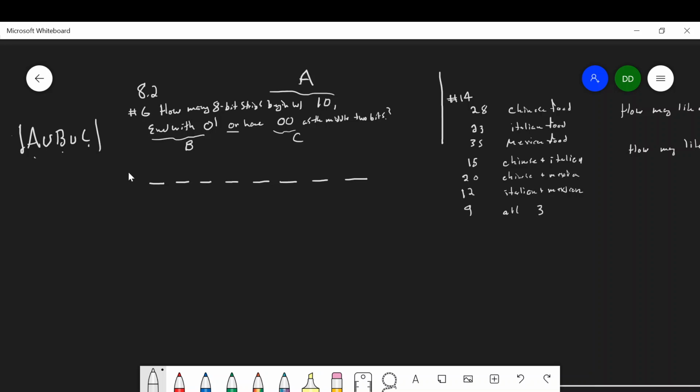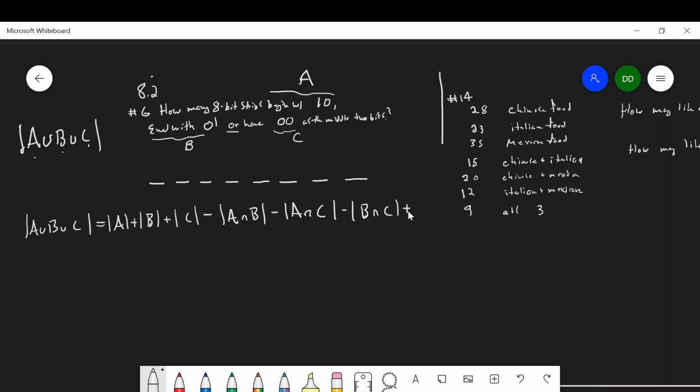And so this becomes a pigeonhole problem, right? Well, not a pigeonhole problem, a principle of inclusion-exclusion problem, because we are in 8.2, so it makes sense that it should appear here. And so let's write out A union B union C. Add up the cardinalities of A, B, and C, subtract off the intersections of 2,